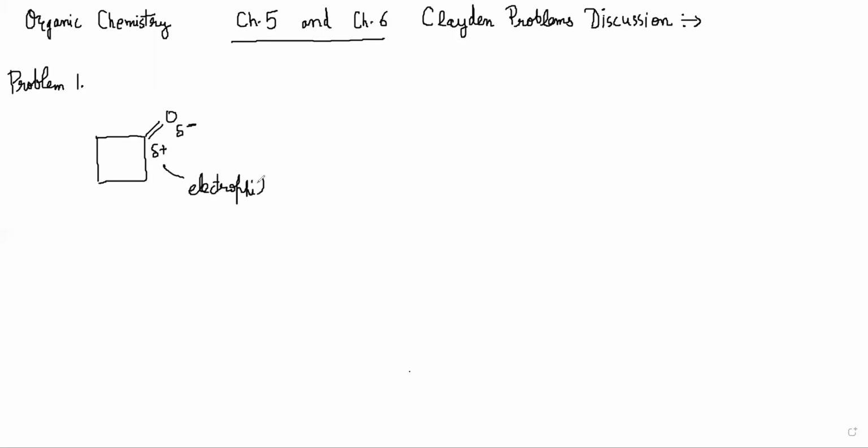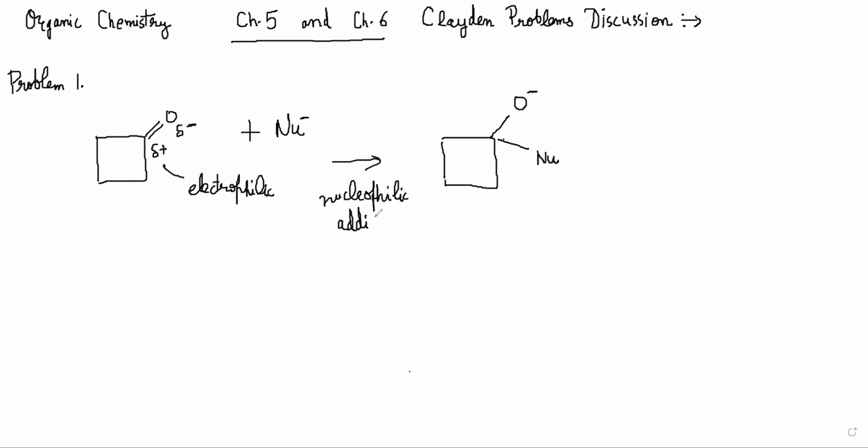In case there is a nucleophile, Nu minus, that attacks, the nucleophile will form a bond with that carbon. It will share the two electrons like this, and this pi bond has to break with the oxygen, right? So this is what should happen after nucleophilic addition. This reaction is called a nucleophilic addition, and the electrophilic carbon is basically the carbon with the double bond to the oxygen.